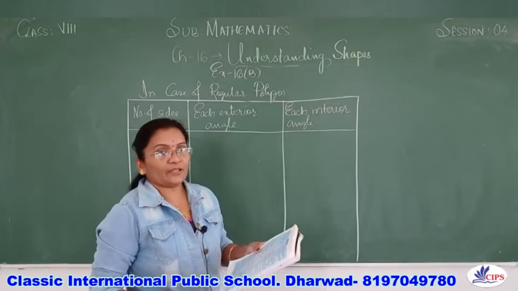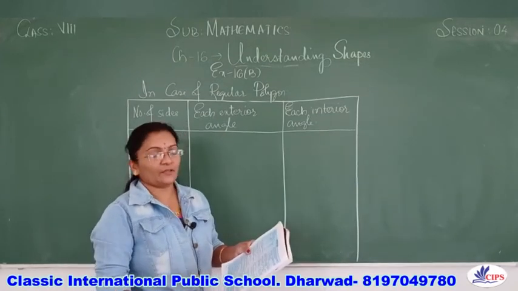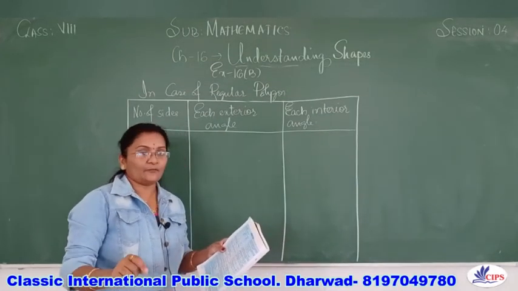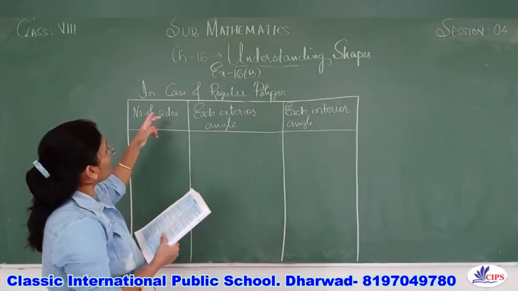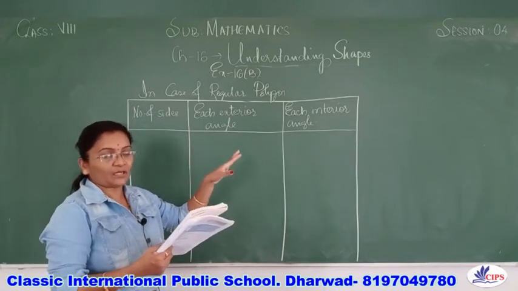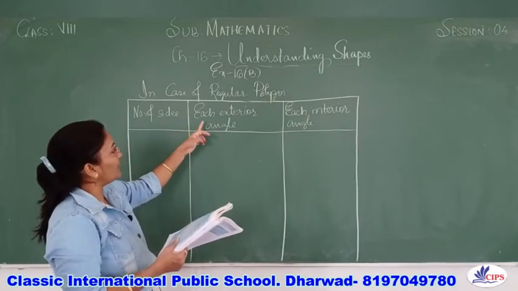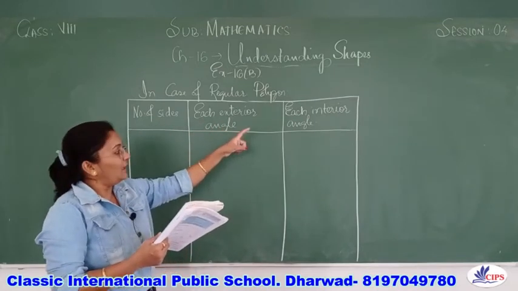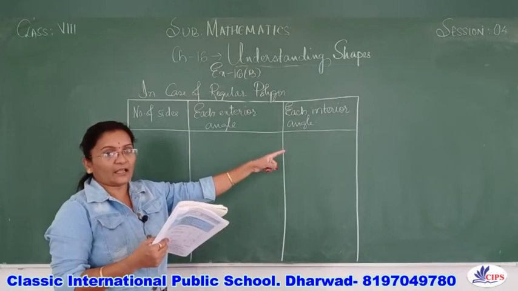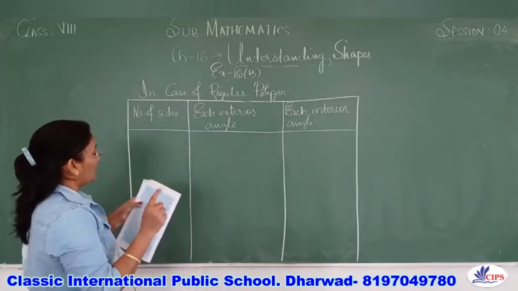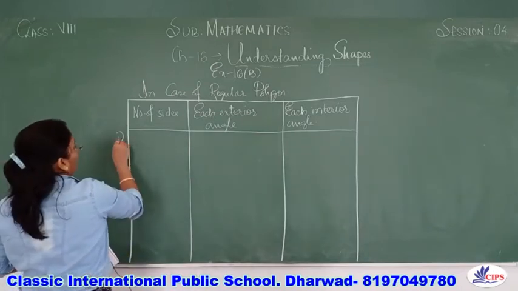So let's begin with exercise 16b. Here we have got a table. They have given you fill in the blanks. In case of a regular polygon they have given you the condition. The first column is number of sides, then each exterior angle, and there it's each interior angle. They have given you only one number, that is the first one, number of sides,